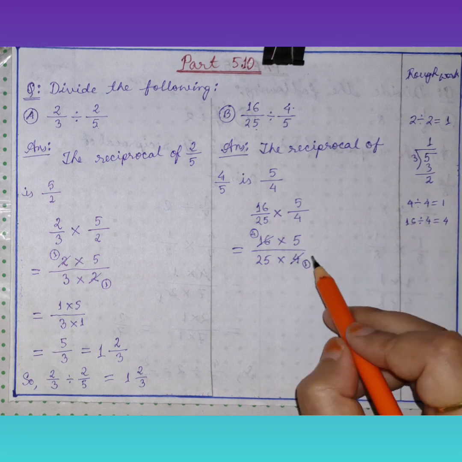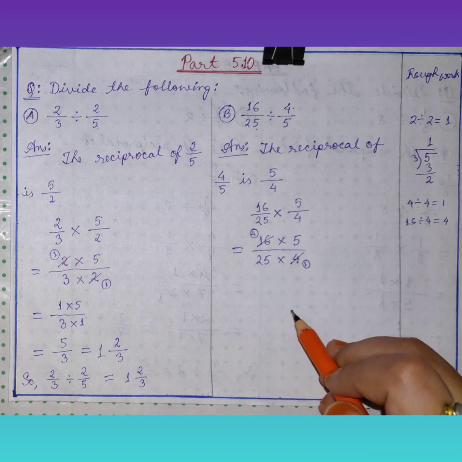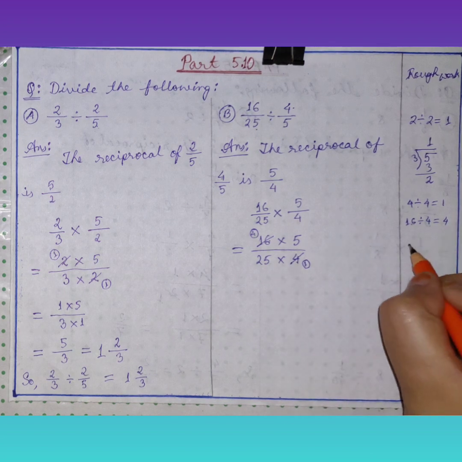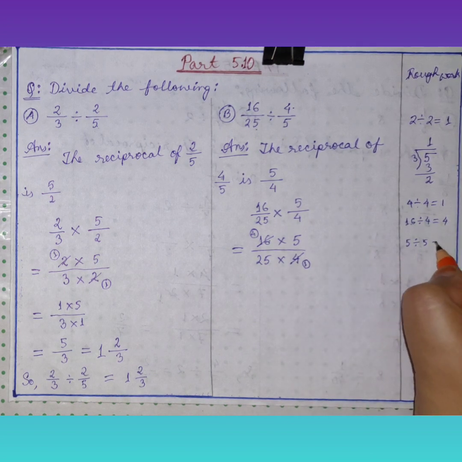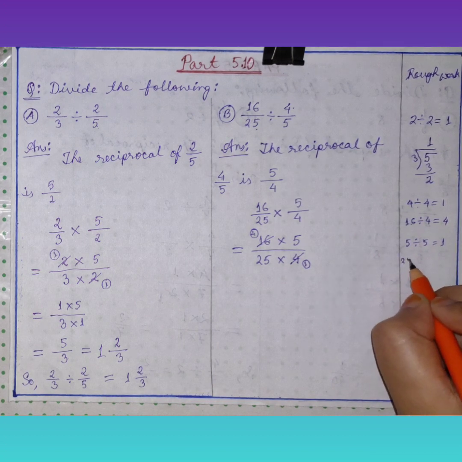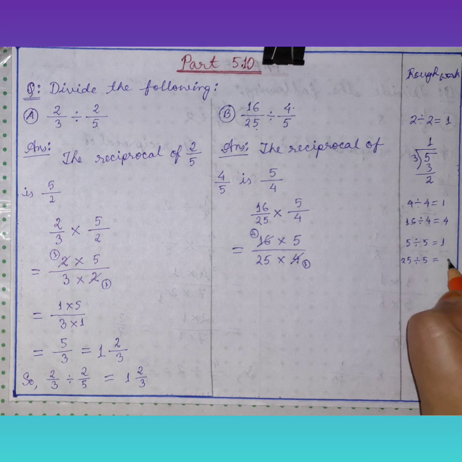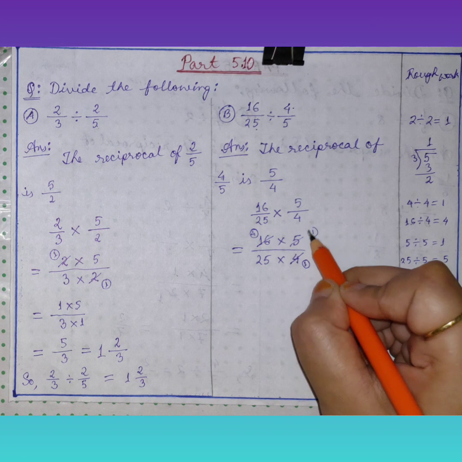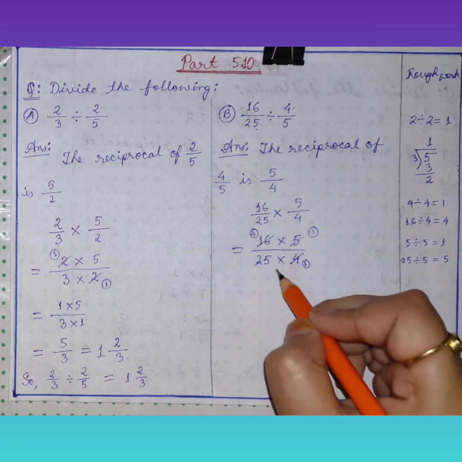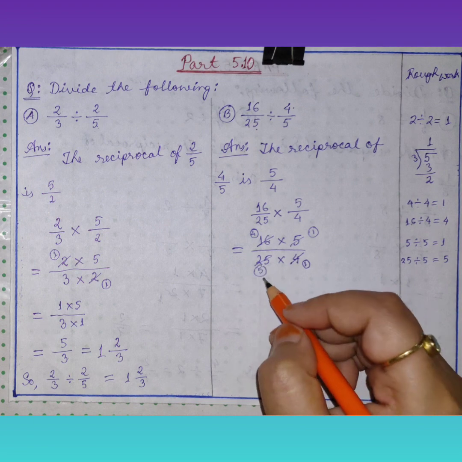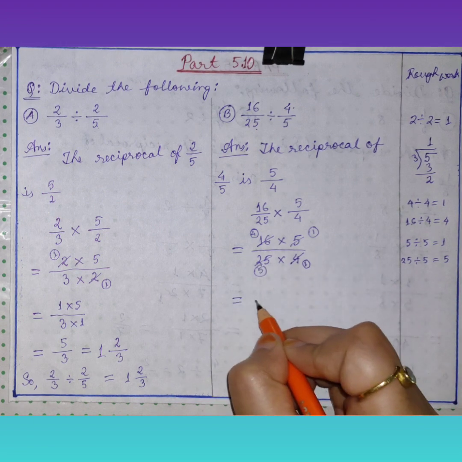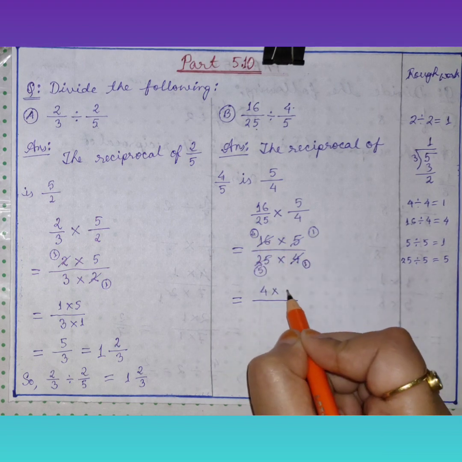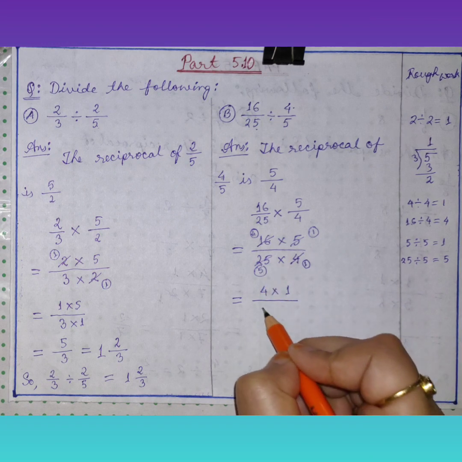Then next step, see 5 and 25. They can also be cancelled out. How? Because both can be divided by 5, right? Dividing 5 by 5, we get 1, and dividing 25 by 5, we get 5. So next step is what? Multiply the left out numbers now. 4 into 1, which are left out in the numerator's place, and 5 into 1, which are left out